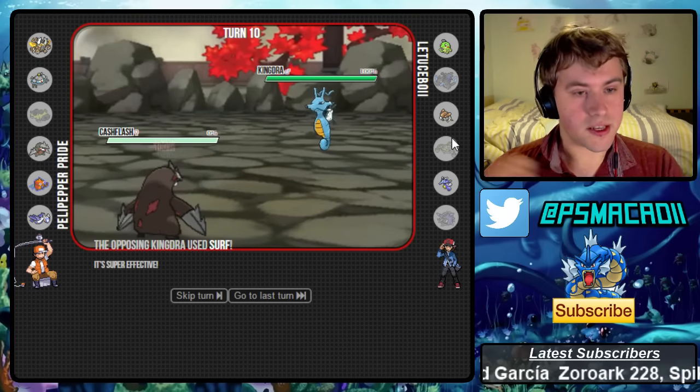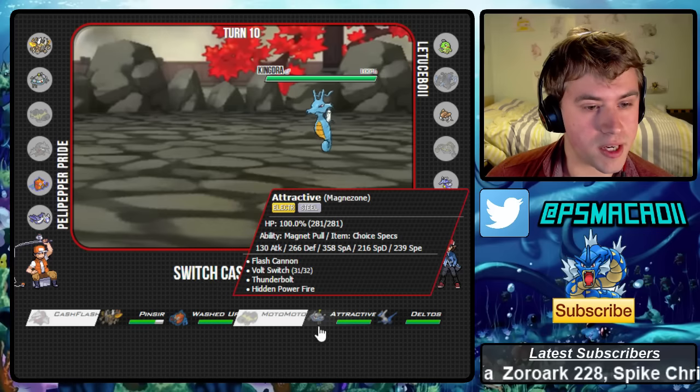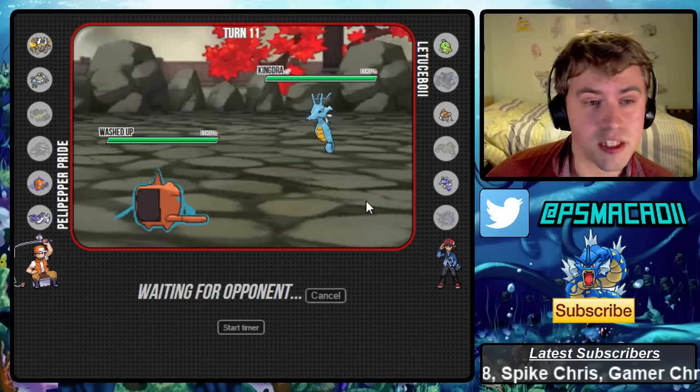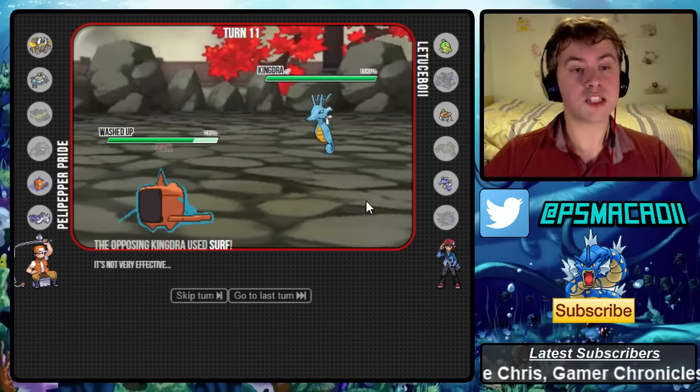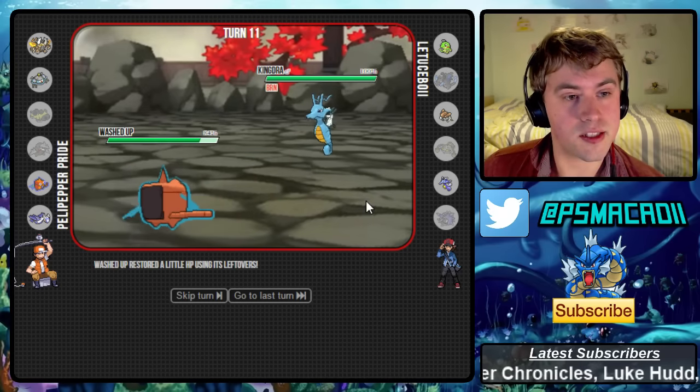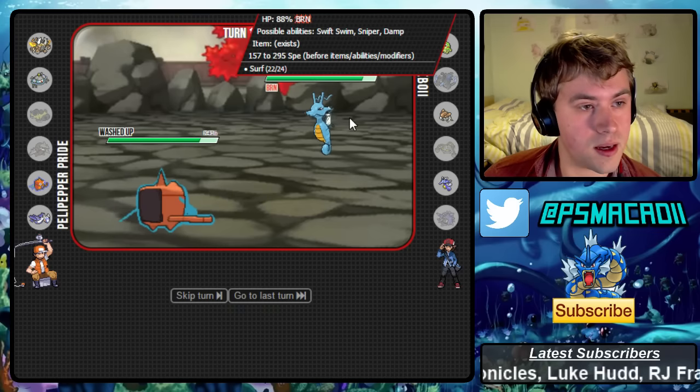He does go for Surf. That's going to take us out. What we're going to have to do now is go into Rotom. We're going to have to go for a Will-O-Wisp. I think it's our best bet. We need some chip damage on this guy. He specs. Okay, that's great to know. Most likely. So, what we can do now...